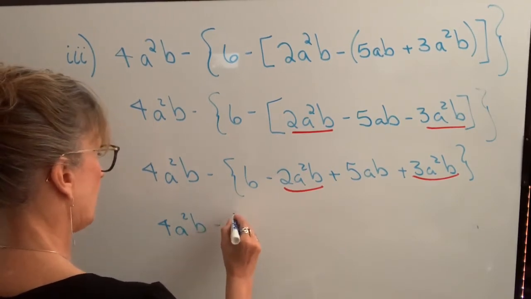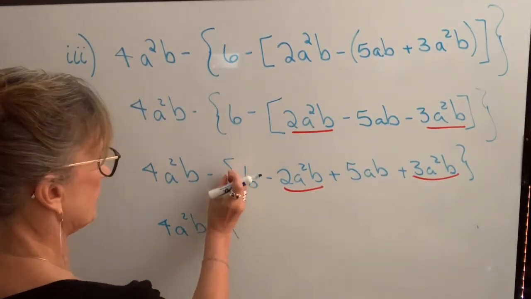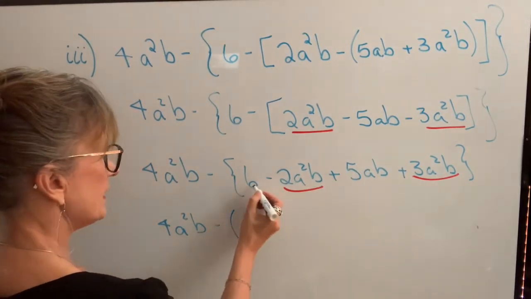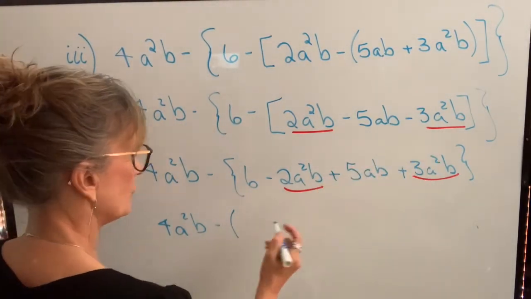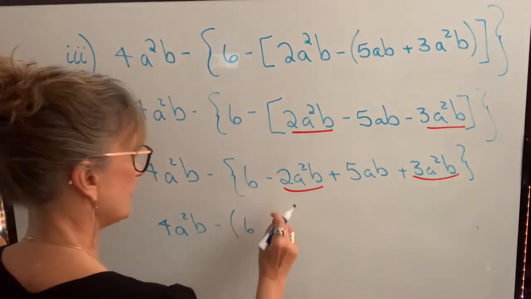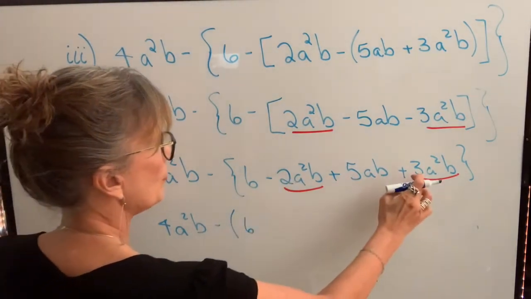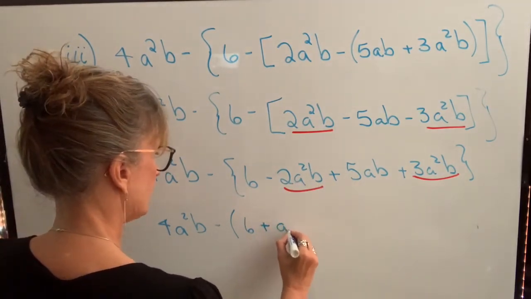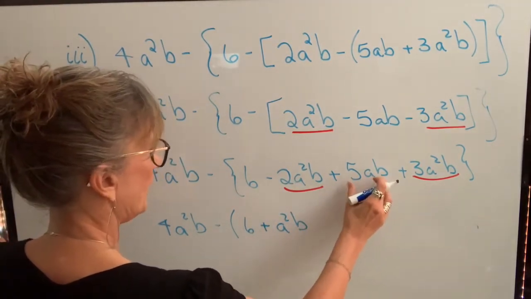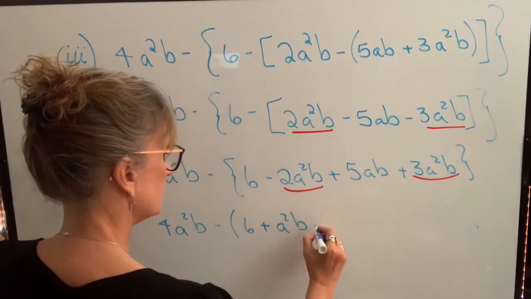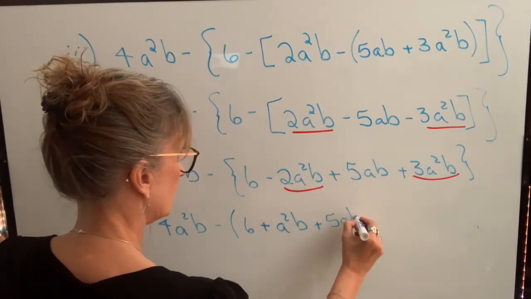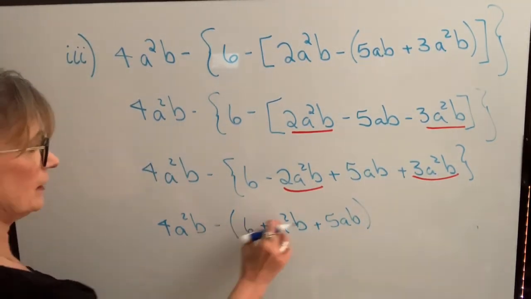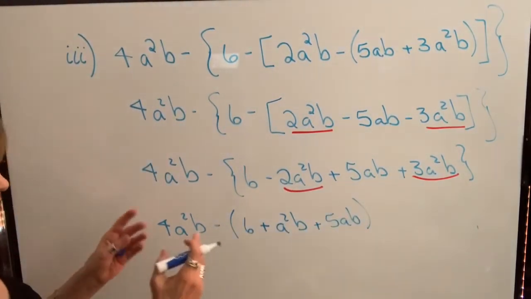I'm going to keep this bracket. I'm just going to change it to a round bracket. It's not necessary to keep the parentheses now. 6, I don't have any other terms that are just single numbers, so I leave the 6. And I have negative 2 plus 3. Negative 2 plus 3 is plus 1, so plus 1a squared b. And then I have plus 5ab. Now my last step is to get rid of these brackets by distributing this negative again,